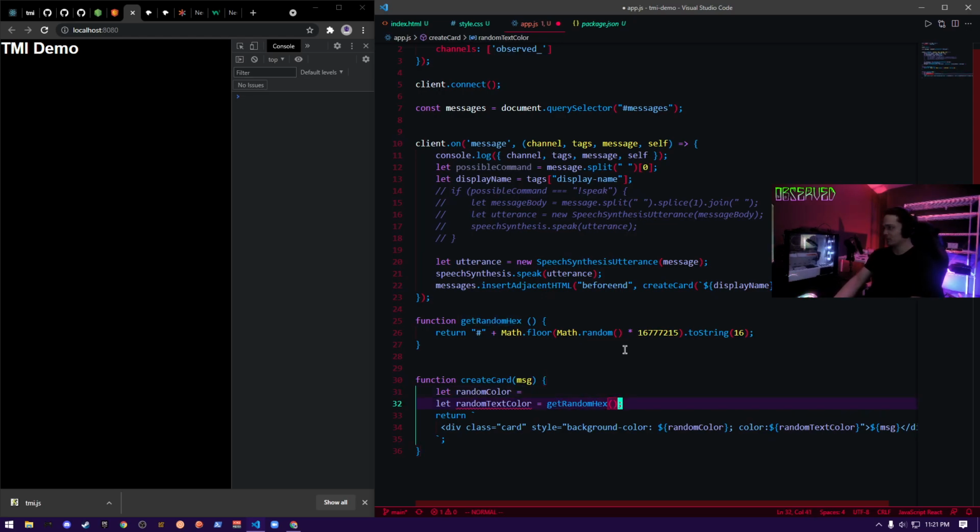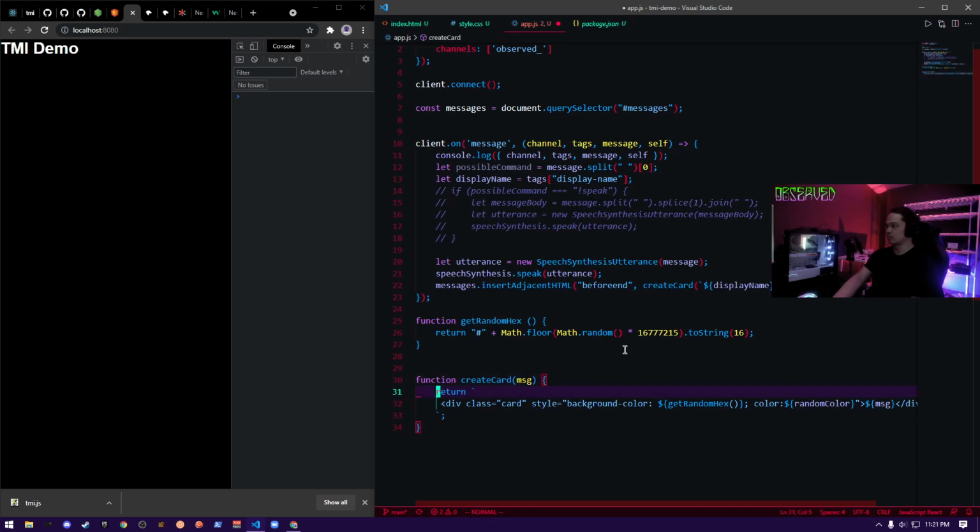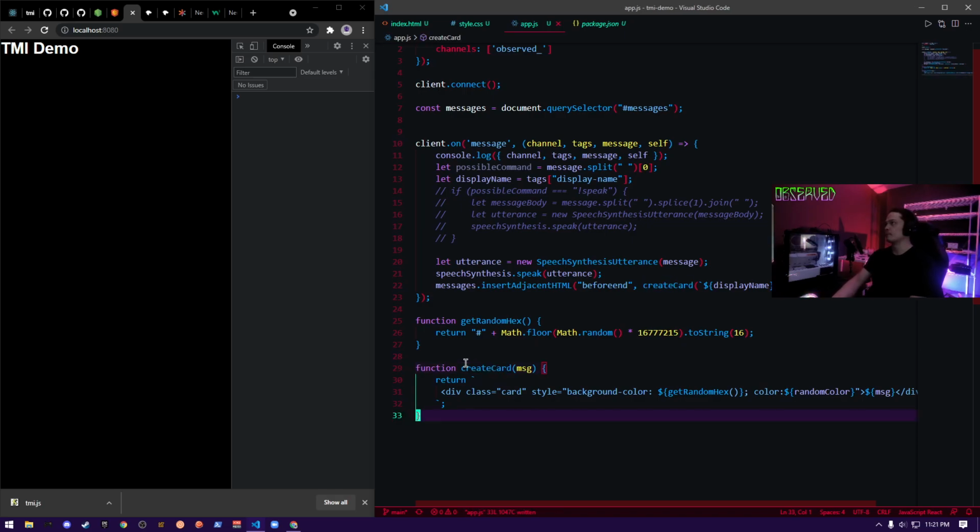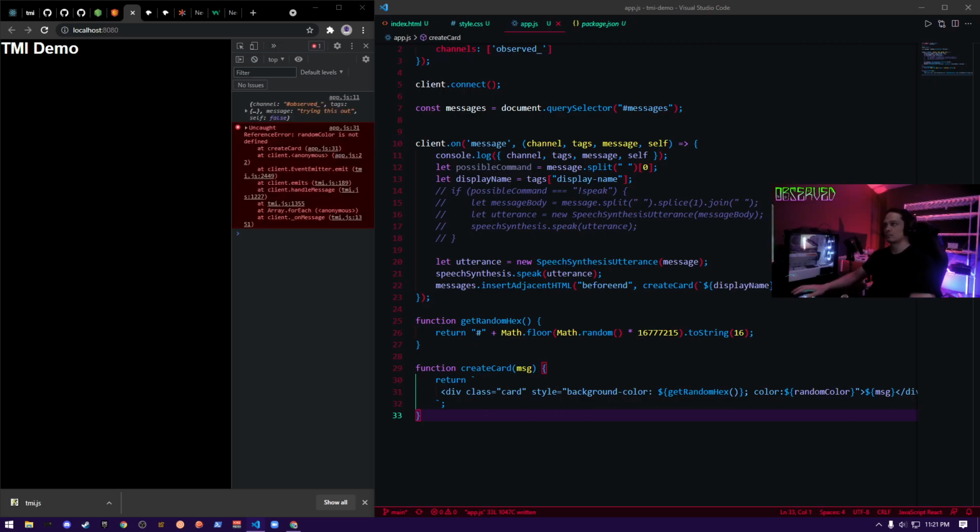And you know what? We could actually clean up our code even more. Just put it in right here. See how much cleaner that is? Okay, now let's try this out.